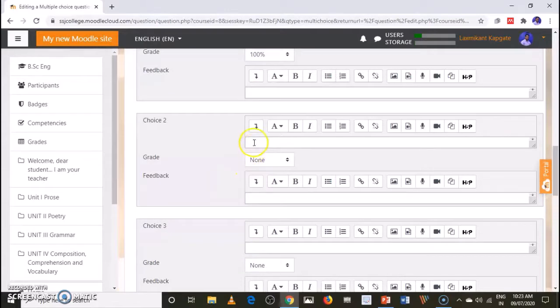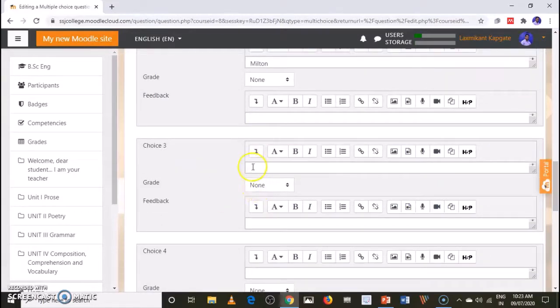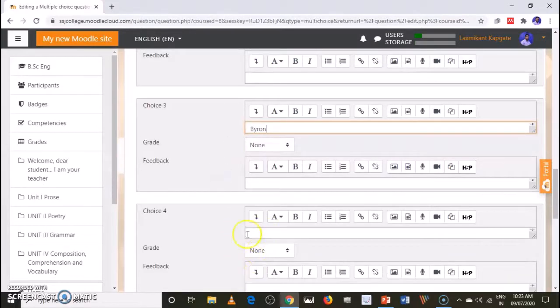Then you can write the second option. I am doing all these things just for your understanding. Here by default it is none, as this answer is not correct. Then the third one is Byron, and the fourth option is Coleridge.